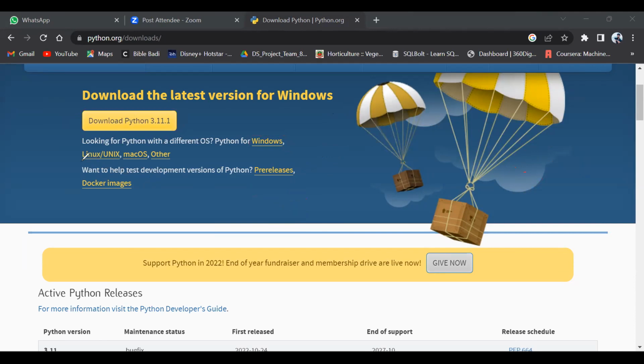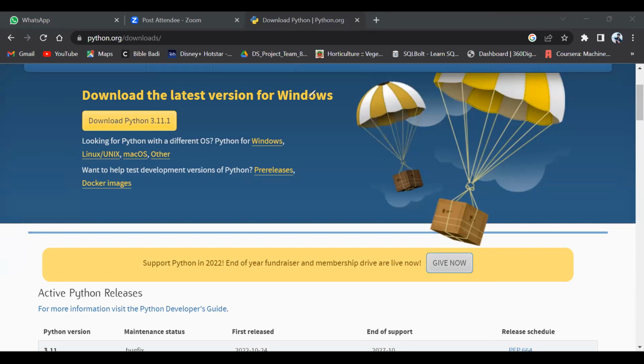And of course, those who are using Mac, Apple MacBook, this is for macOS. You can download it from here and install it. Those who are using Linux as the operating system, this is the thing you need to download, because from tomorrow onwards I'll do the hands-on. This is the first thing you need to download. By downloading this, you can do coding from the command prompt, which is a little bit difficult for beginners.